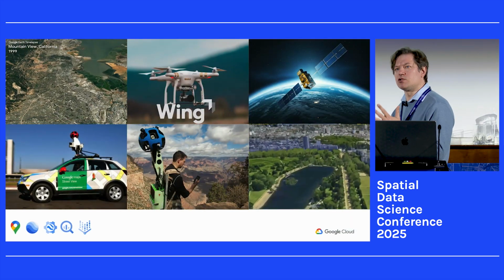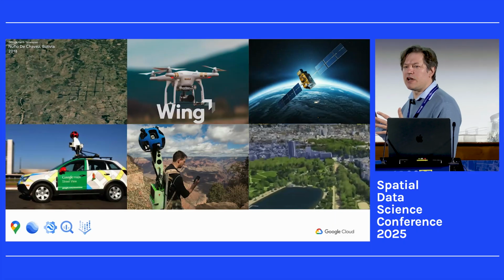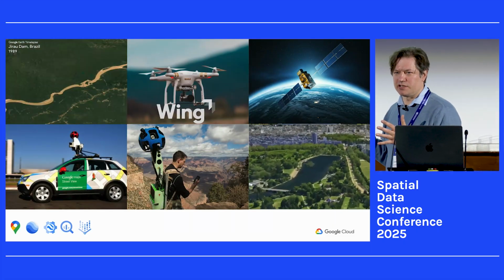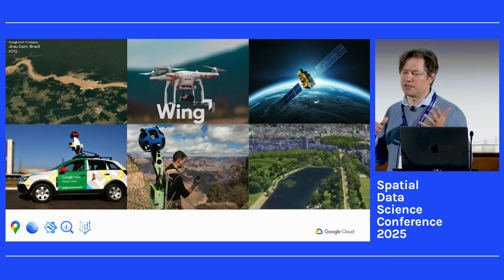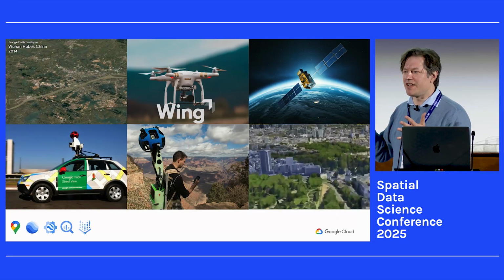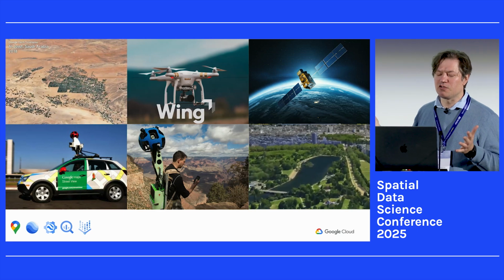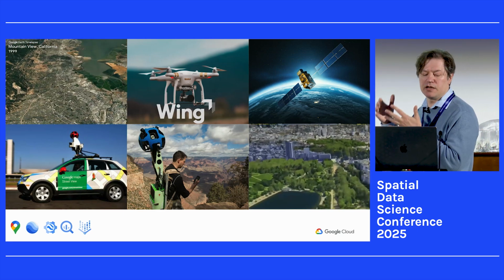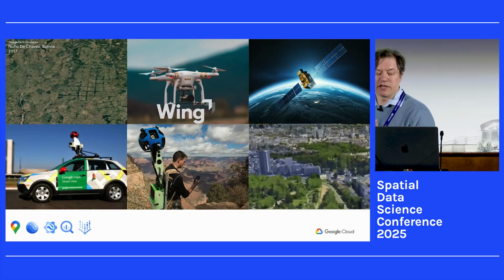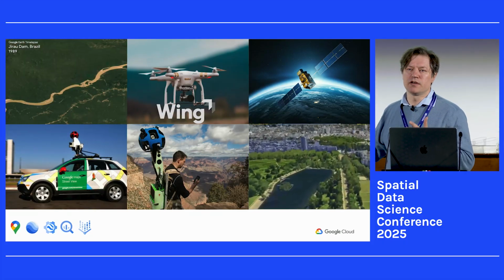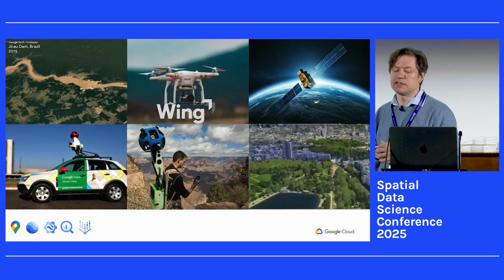If you look at what Google is doing or was doing, we have a long history of working with geospatial data for all types of products, starting from Google Maps, which has now turned 20 years. It's used by billions of people, of course, but there are also a few other platforms. We have BigQuery, or Google Earth Engine working with raster data, and Vertex AI is the new service in this area.